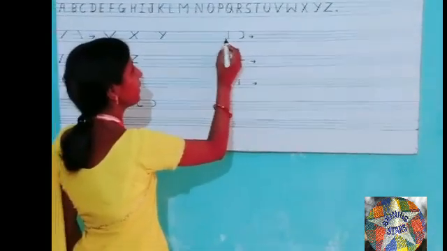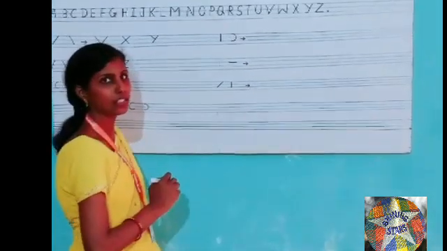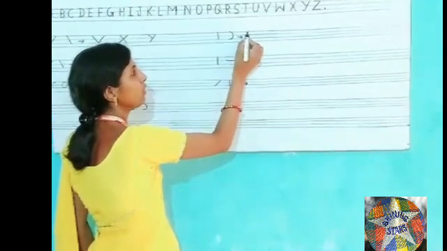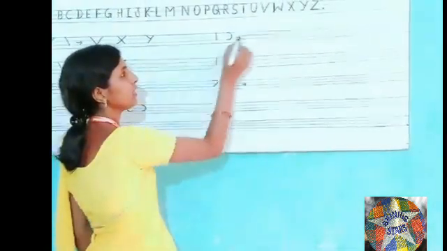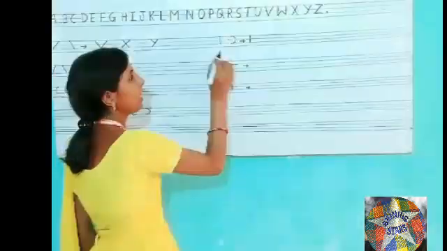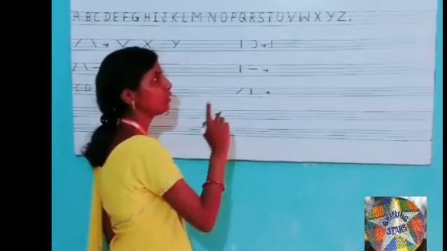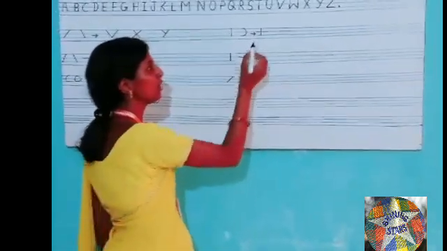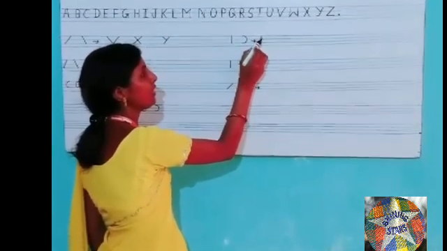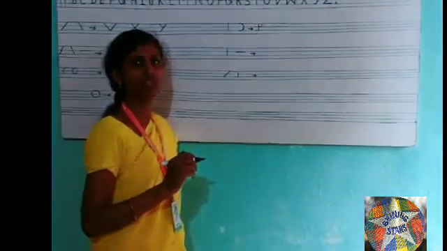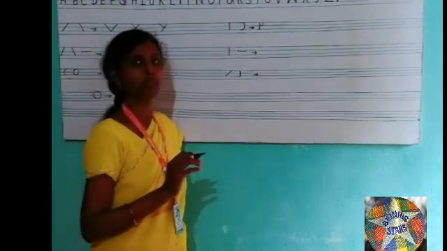So we will find some letters with a standing line and semicircle. Find it. A, B. B is with a standing line and semicircle. So how will we write B? First, the standing line we will draw, 1, 2, 3. In 3 lines we will draw a standing line. And semicircle. In B, we will use 2 semicircles. The first semicircle is in only 2 lines, 1 and 2. In blue and green lines we will use the first semicircle. And in 2 green lines, we will use the second semicircle for making B.